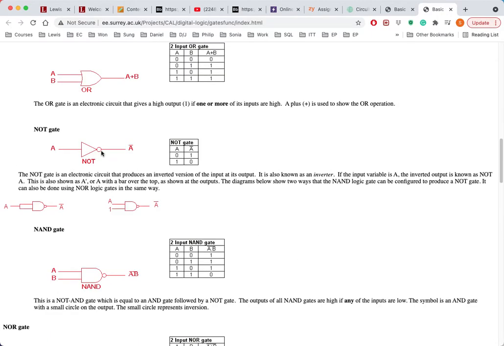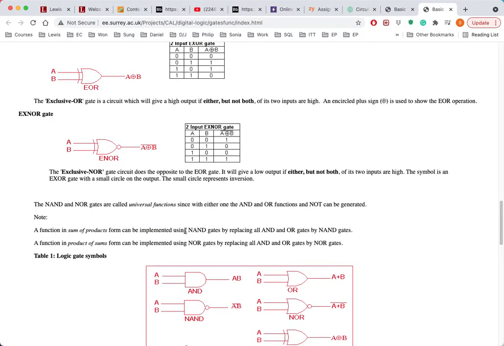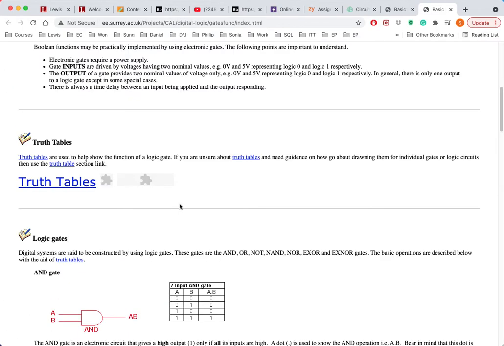And this one is a NOT gate, meaning whatever is coming in, it will output the opposite. So if 0 volts is coming in, you're going to get 5 volts. So 0 in, you're going to get a 1. 1 comes in and a 0 goes out. So stuff like that. There are other kinds of gates, called logic gates, that you can use to create digital circuits. And basically what I want you to do is to